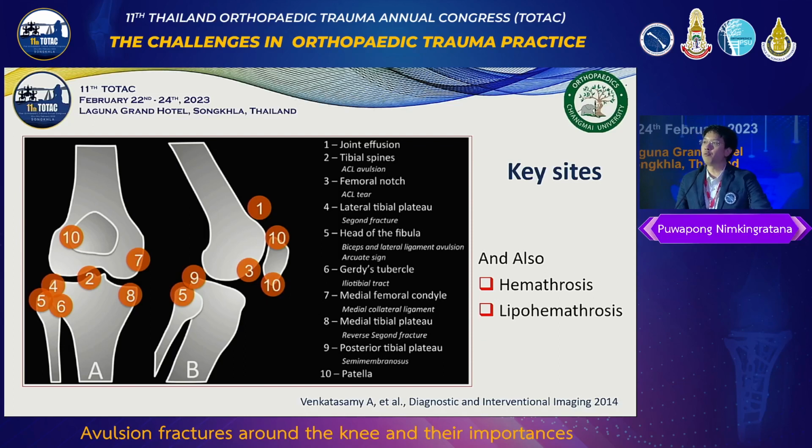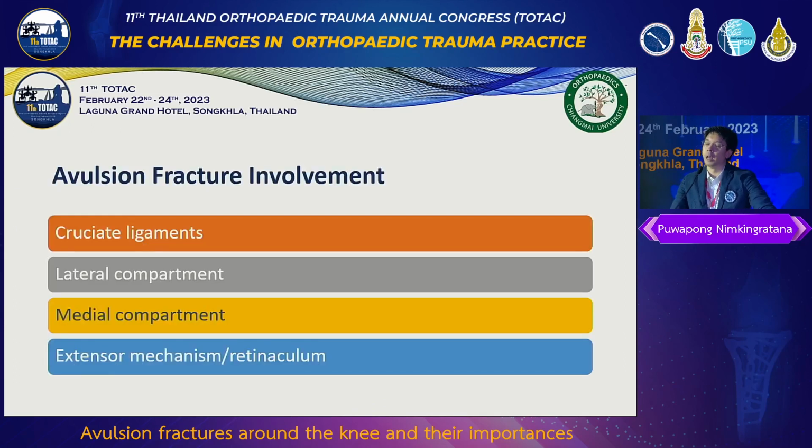To be honest, if you would like to do a physical examination, please keep in mind that most of the patients might present with hemarthrosis as well as lipohemarthrosis. That could happen as well. So keep in mind that it is not just a fracture, maybe just a ligamentous injury. I would like to say that we can divide these injuries into 4 types,